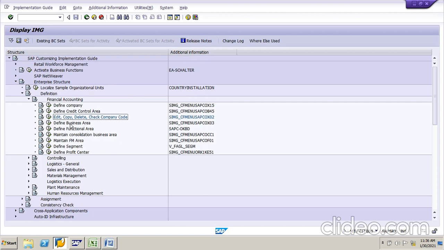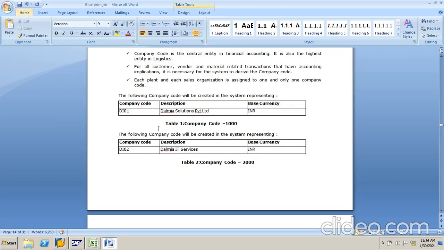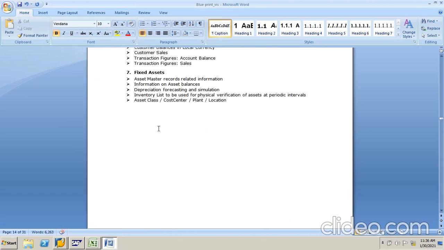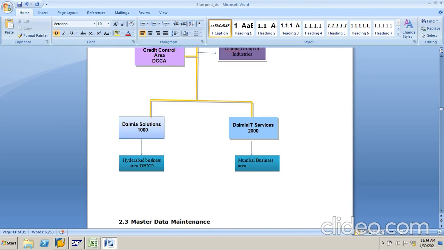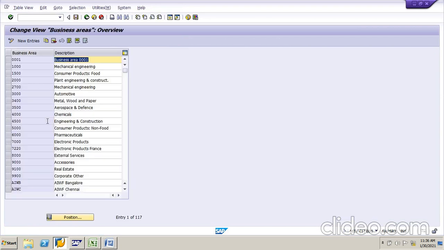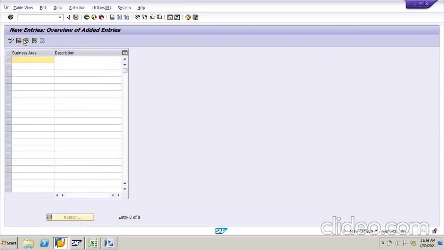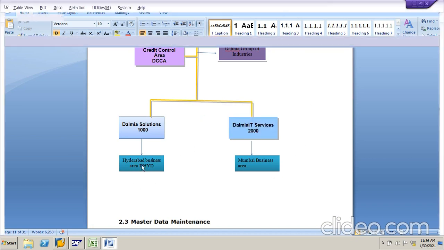So one is in Hyderabad and one is in Mumbai. So Hyderabad business area and Mumbai business area. Business area, new entry. We have to give the code as per the blueprint only. So they gave DHYD.